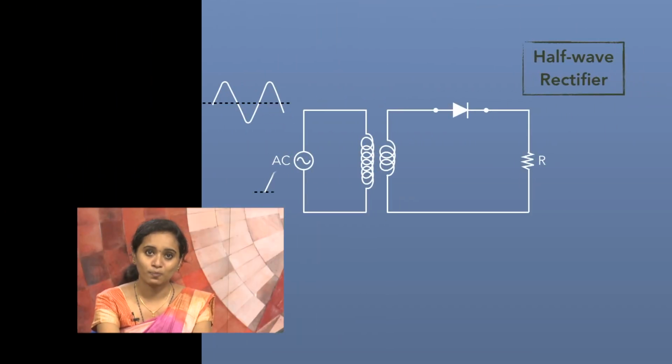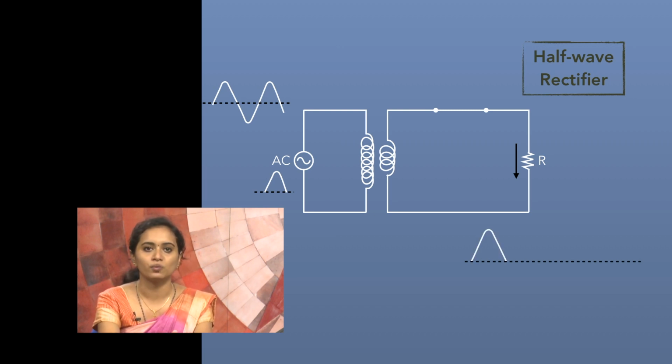The half-wave rectifier is a simple circuit where a diode is connected to an AC source and to a load resistor R. Let's examine what happens during one cycle of the input voltage using the ideal model for the diode. When the sinusoidal input voltage goes positive, the diode is forward biased, or ideally a closed switch, and conducts current through the load resistor. The current produces an output voltage across the load R, which has the same shape as the positive half cycle of the input voltage.